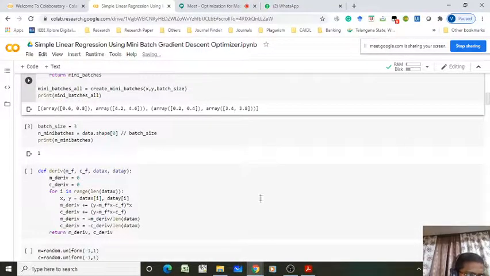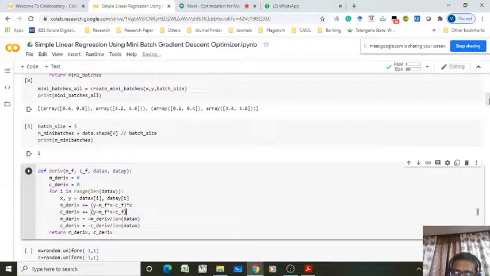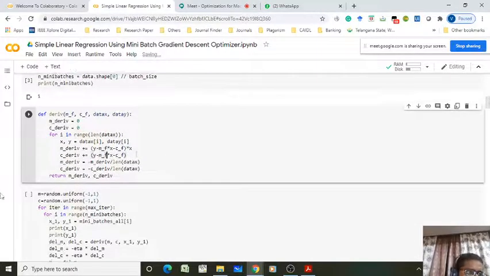fine. Now what we are doing here is we are calculating the gradients, right. While calculating the gradients, you have to pass the m value, the c value, the x value, and the y value. Okay, so how does our gradient look in our mini batch case?